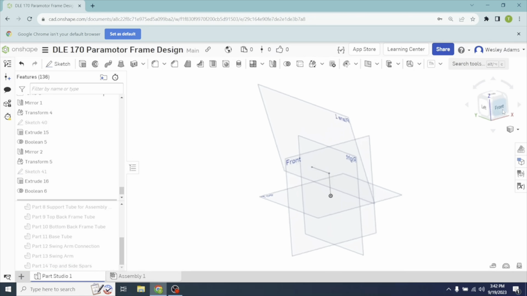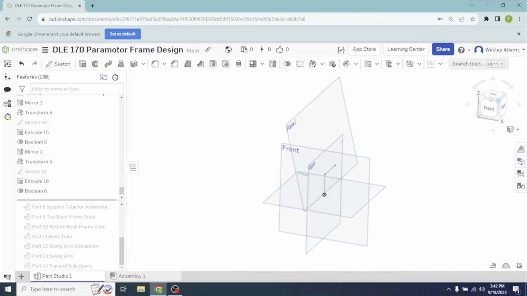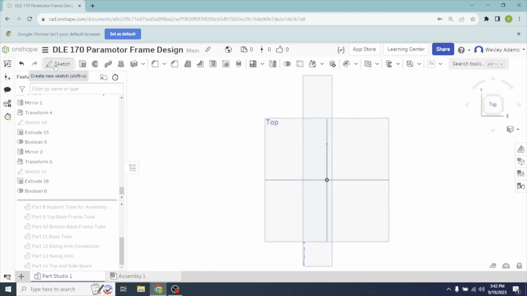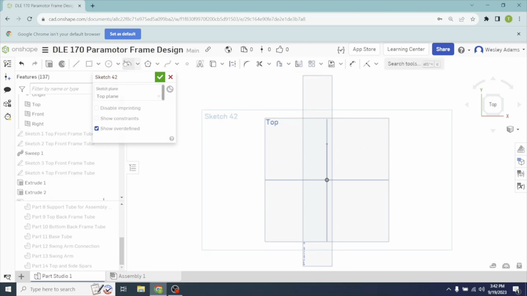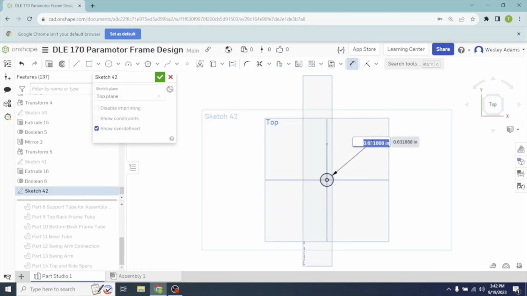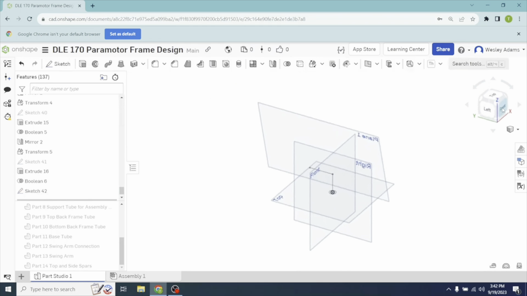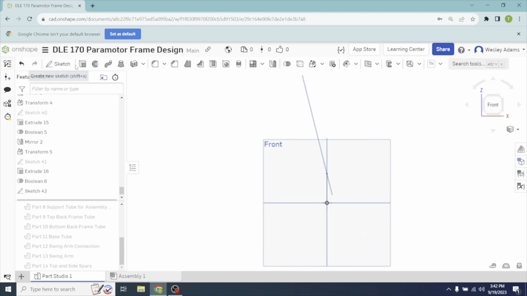Same process as before. I'm going to go to top view. I'm going to left click on sketch, left click top view, left click center point circle, hover over the center, draw that out, come back up here, left click on that, make it 0.48, hit enter. This is not for printing, this is just for assembly view on the computer. Close that out, go back to front view, left click on sketch,